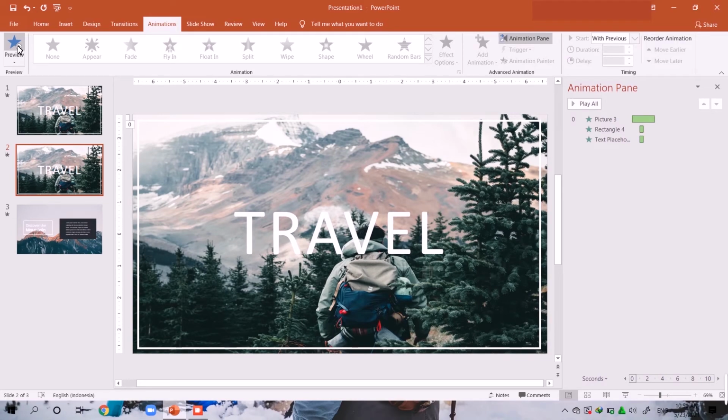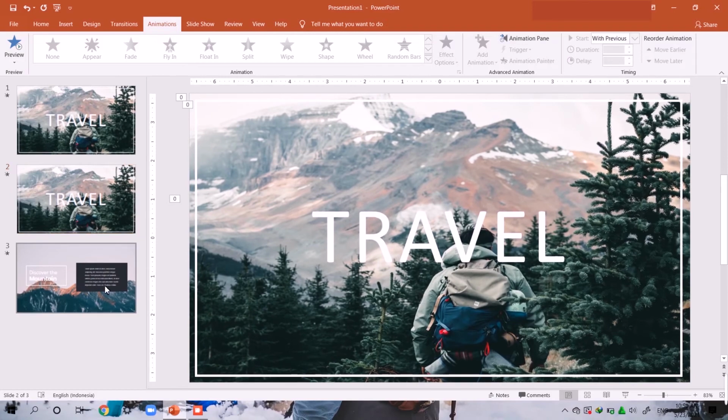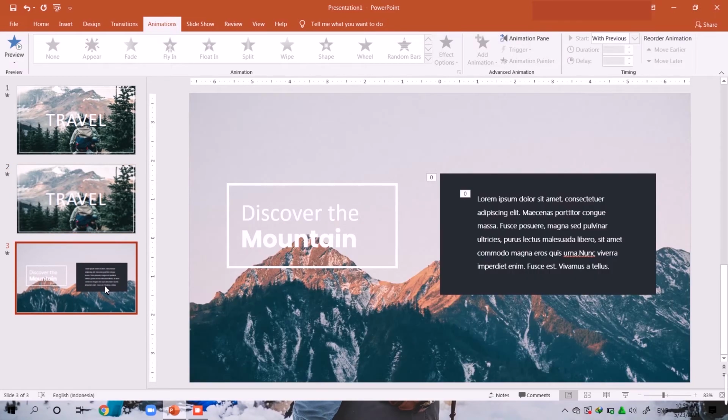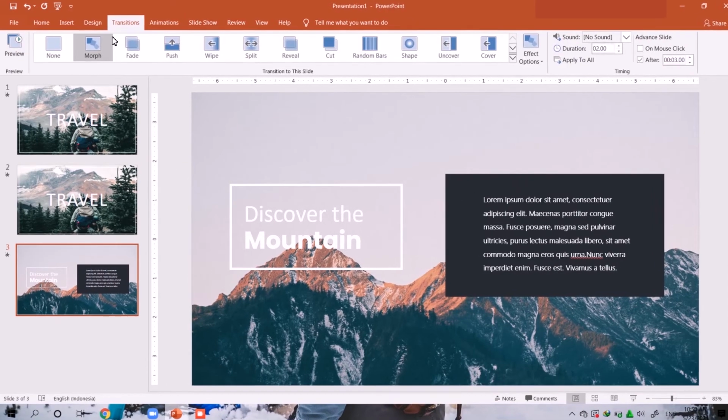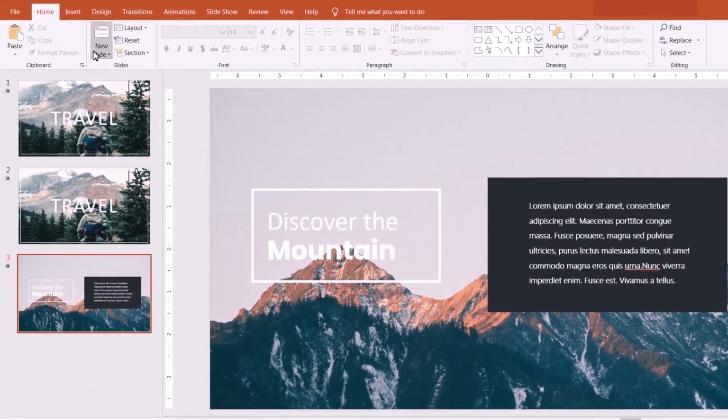Now how about the second slide, this one? In this one, the animation is flipping. To make this flipping animation, we create it with transition and morph. So I'll be showing you. Let's create a new blank page and